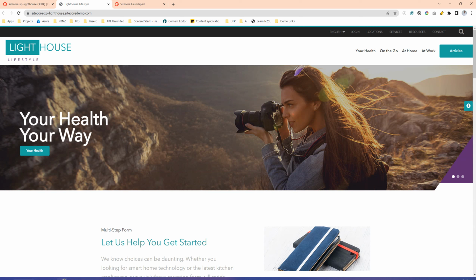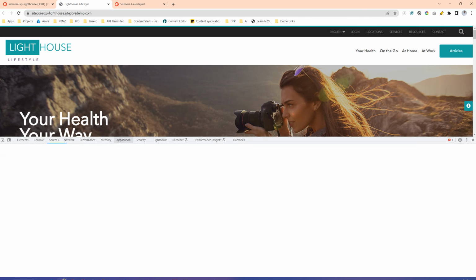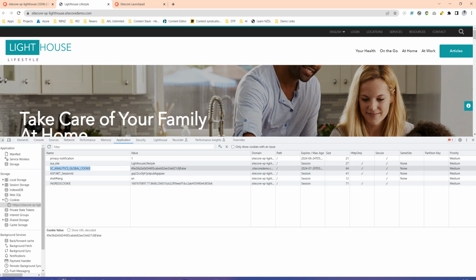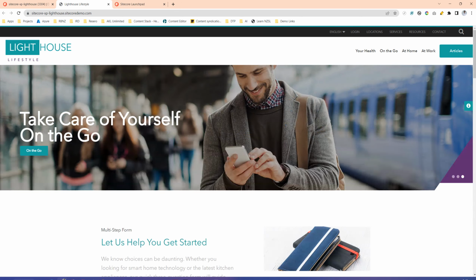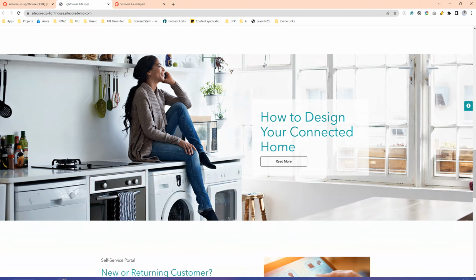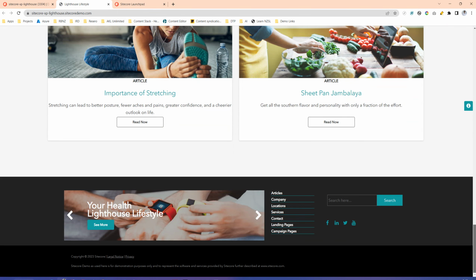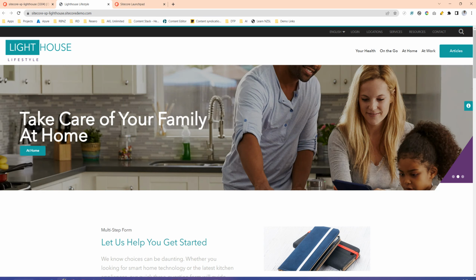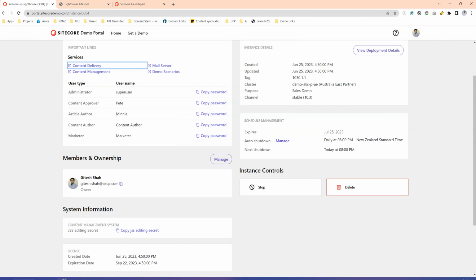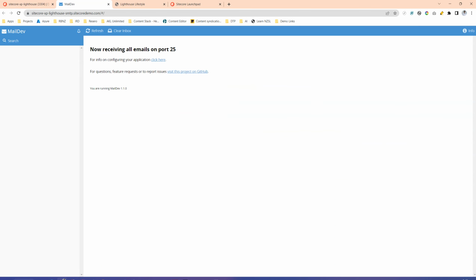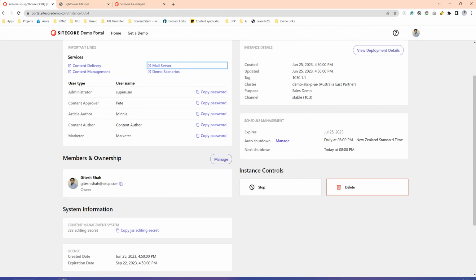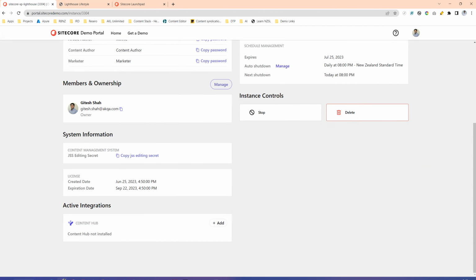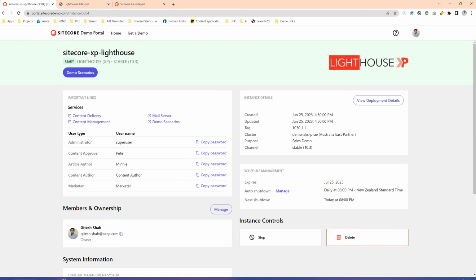The front end of the site is a very nice layout actually. You can see how it has got an XConnect cookie, which is expected. But yeah, the purpose of this site is just to do a quick demo and show you how analytics works, and EXM as well. Yeah, there's a mail server as well, so you can see how EXM mail server works here. But overall, very easy to set up XP, which can take quite a long time to set up